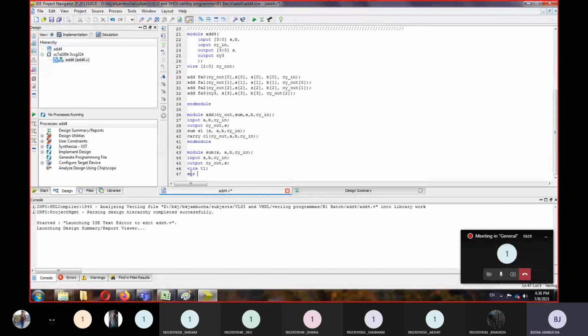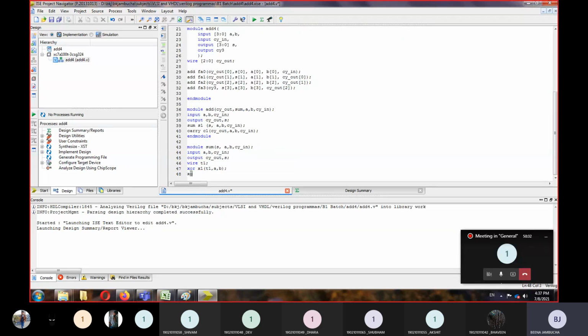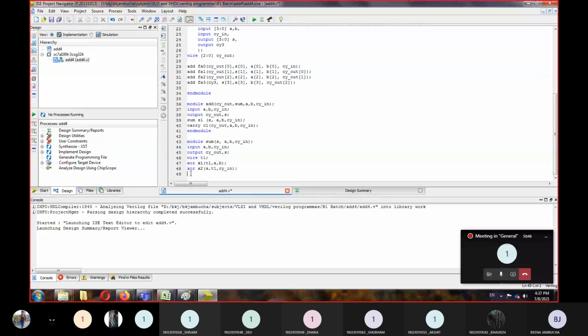For the XOR gate we are going to use xor, and the XOR gate name is, let's say, X1, and its output is T1 and two inputs are A and B. Again an XOR gate, we name it X2, its output is our sum and the two inputs will be T1 and carry in. And AND module.